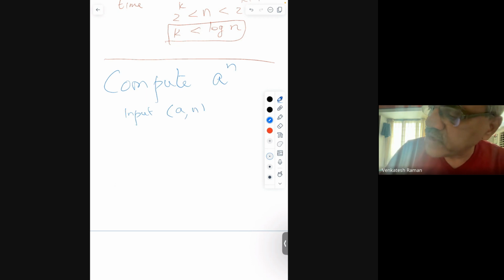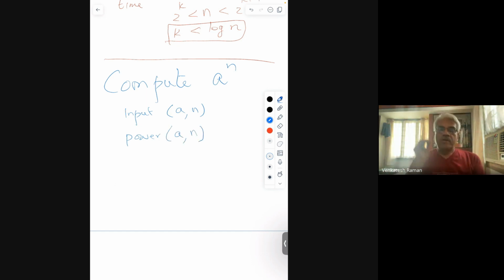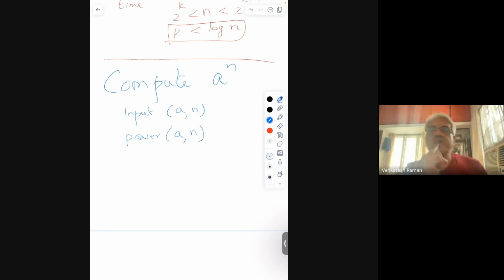Let's think of it as I want to compute power a comma n. Again, you can do exactly like the doubling binary search. All you're allowed is multiplication. So exactly like the doubling binary search which I just described, you can do that,